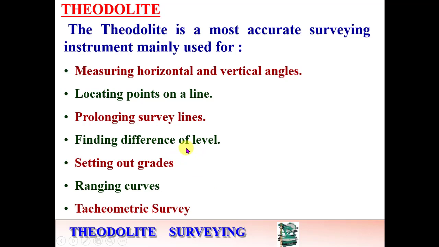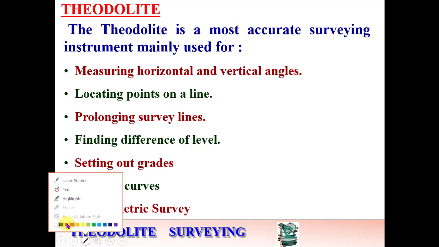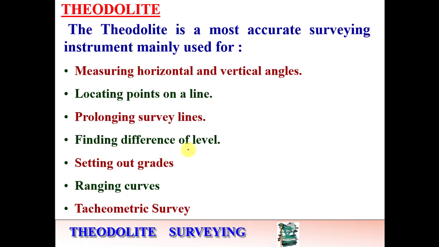So with the help of theodolite survey we have different activities for surveying which we can perform. The first one is measuring your horizontal as well as vertical angle. Suppose this is your y and x-axis, so this plane is your horizontal plane. With the help of theodolite you will be able to find the included angle as well as the excluded angle for any two lines. The same thing can happen for a vertical plane.